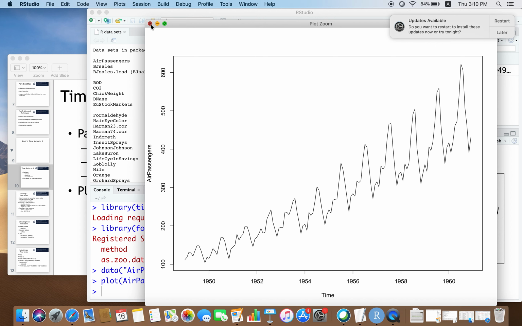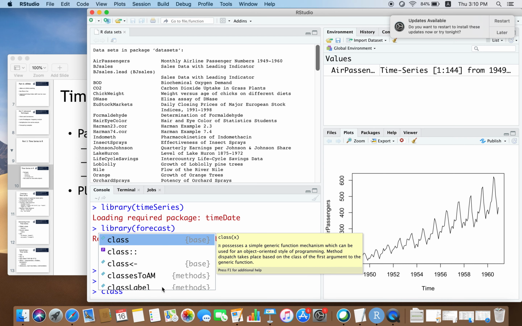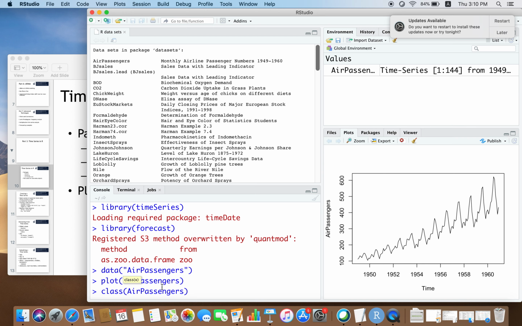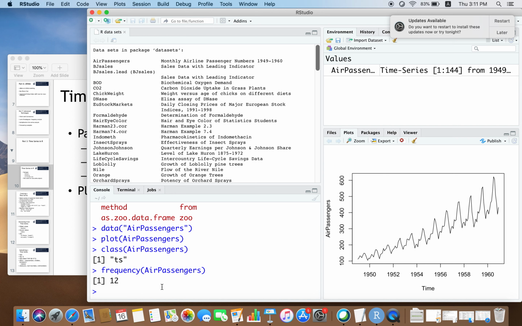Right. So, a simple plot shows that, but if I see what class this AirPassengers data is, it says it is ts. It is not a simple data frame, it is a class called time series, ts, defined in the tseries package. So, because it is an instance of the time series class, I can do many other things. For example, if I want to find out the frequency, I simply call frequency(AirPassengers) and it tells me 12. That means there are 12 data points per year in this data set.